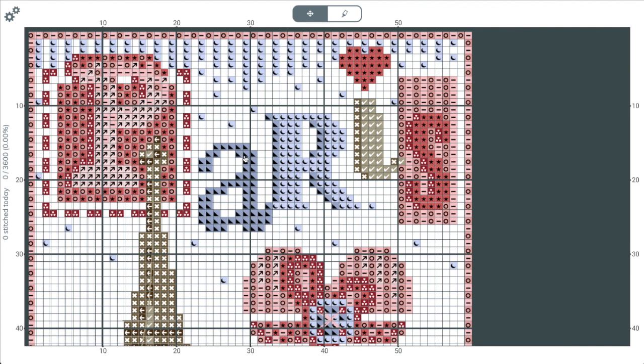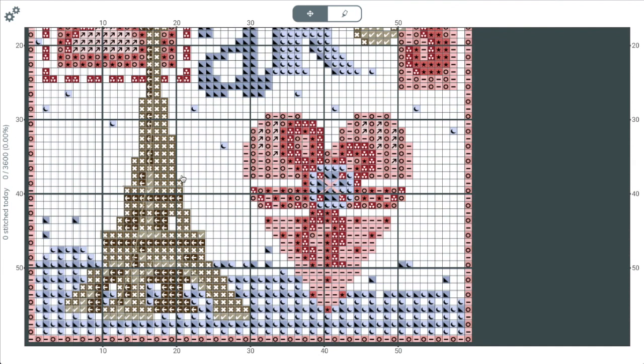So we can see our chart, we can see the grid, we can see all the different colours and symbols that we saw in the PDF. What we don't have is a search function, but what we can do is mark off our stitches that we complete, which we can see with the grey